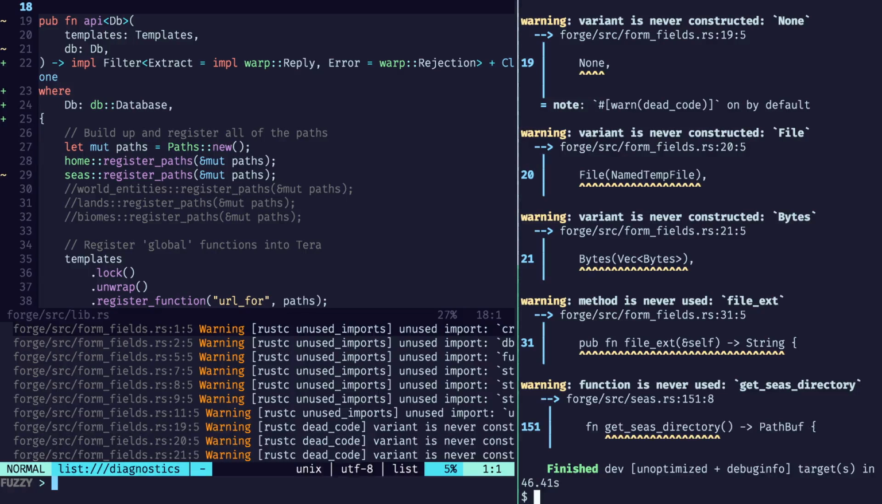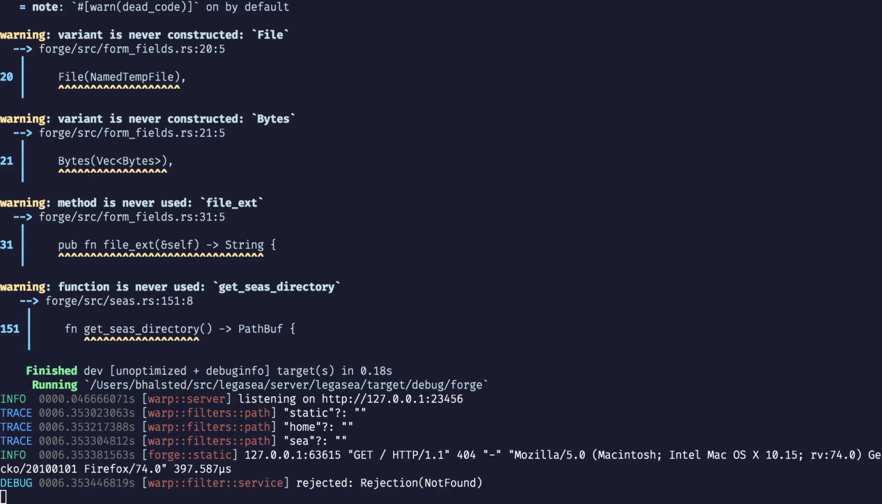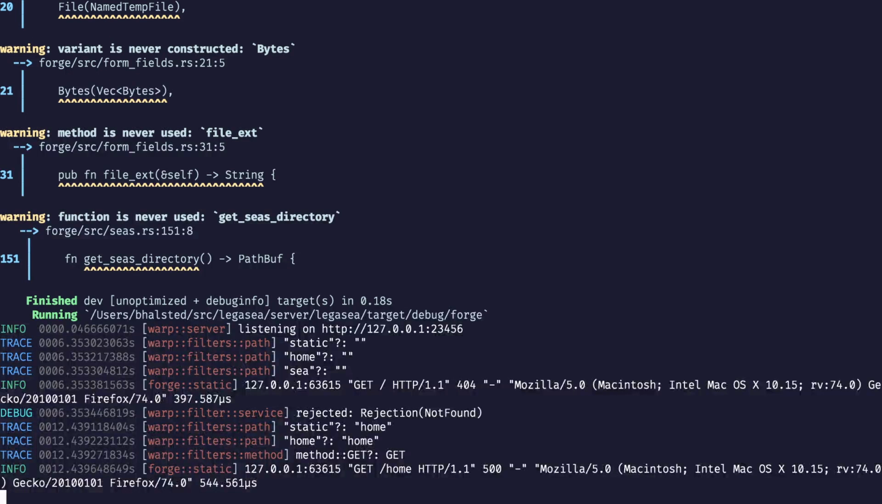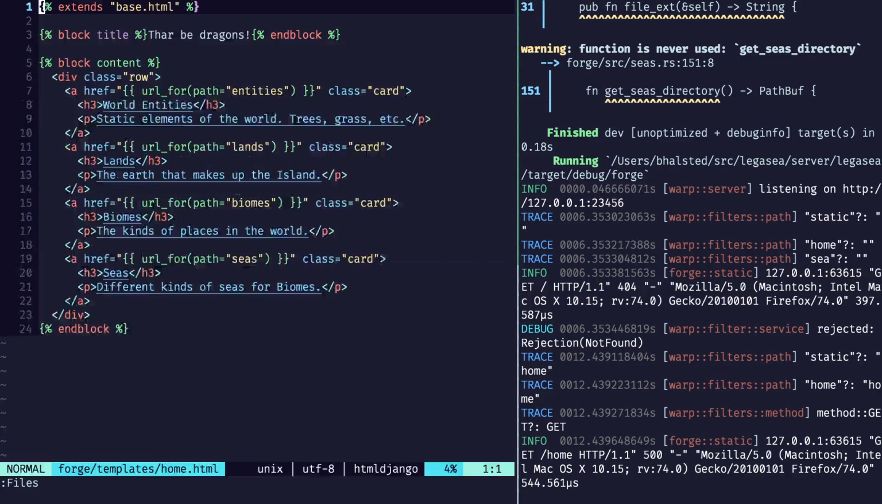There we go. Let's try running it. All right, let's go home. Oh, entities does not exist. That's right. Go back to the code. Template. We're not going to recompile anything. Just going to comment some stuff out. Actually, how do you comment stuff out with